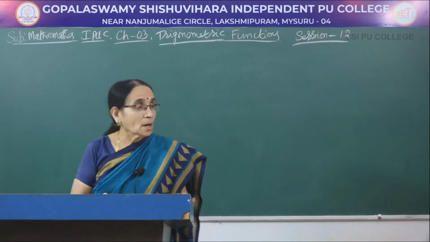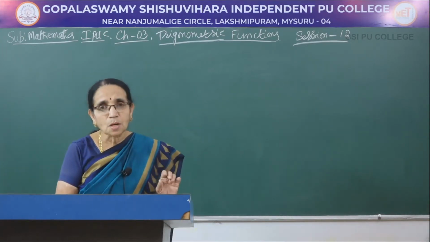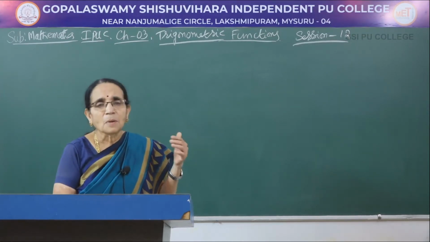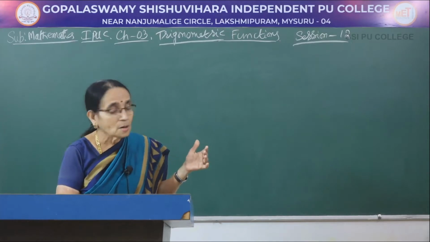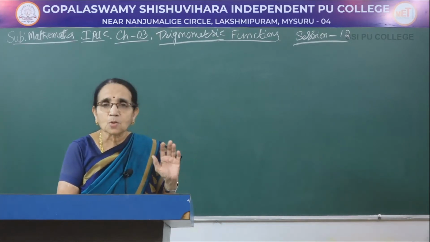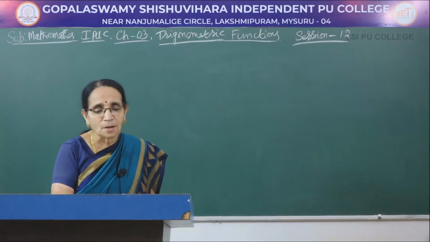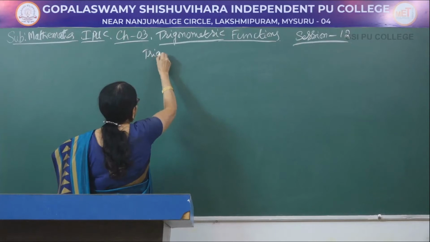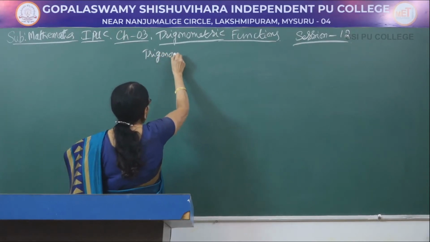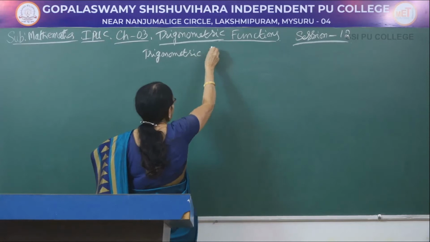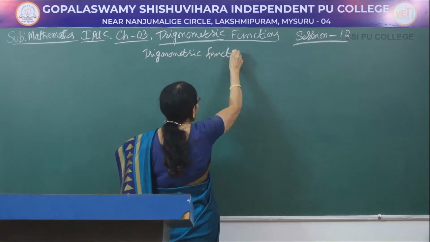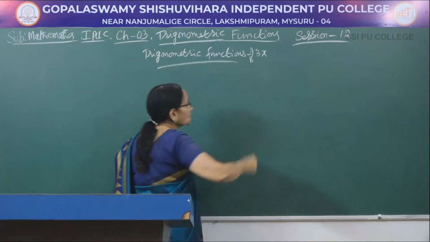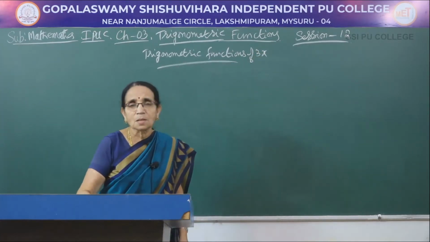Now in today's session, I am going to teach you the derivation of the multiple angle formulae for the angle 3x. So 2x we have already derived, for 3x I am going to derive. Therefore it is the trigonometric functions of 3x, that is sin, cos and tan. Even this I have mentioned in the previous one.